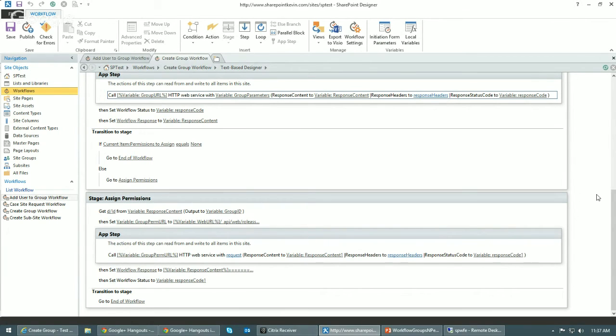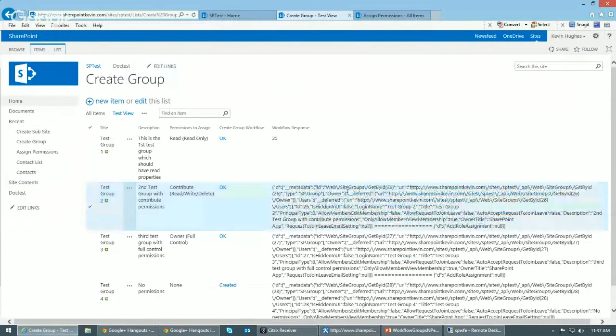So the first thing we're going to do is we need to be able to identify the group, and we do that by referencing the response content that came back from our HTTP web service call in our previous stage. And we're going to look for a property called ID, and we do that with this notation, d/ID. And if you notice in here, you'll see the